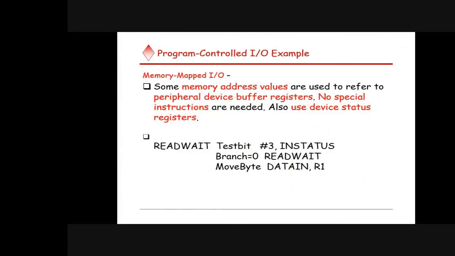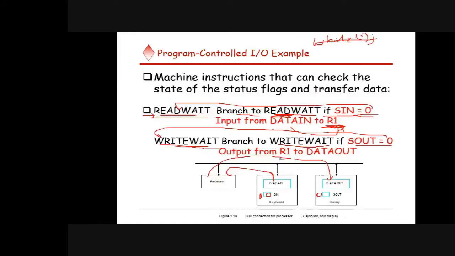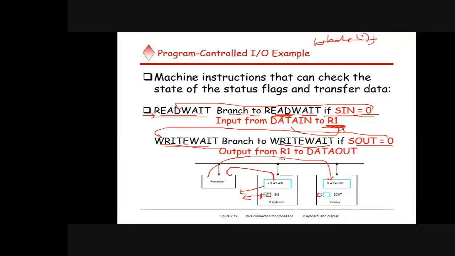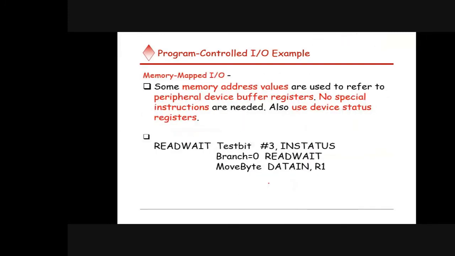Okay, next is the data in and SIN register, where it will be storing. Even though it is a memory, corresponding to that memory there will be a separate, special memory allocated, or you can even allocate a memory block inside the memory unit itself. That is called memory mapped IO.